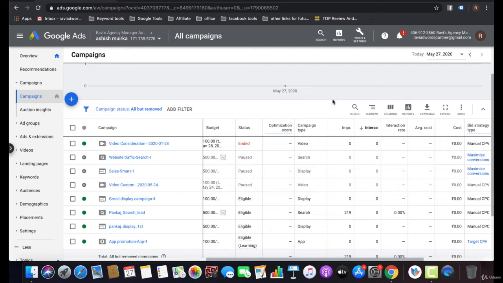So first of all, we will need to know what remarketing is. Remarketing is a way to connect with the people who have previously interacted with your website, your app, or your video content. It allows you to strategically position your ads to that audience which has already visited your website.